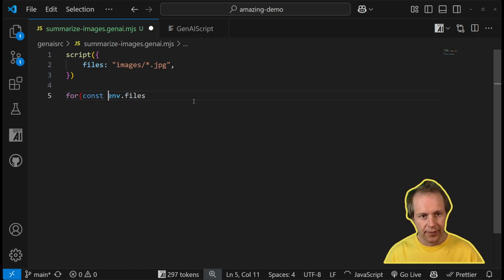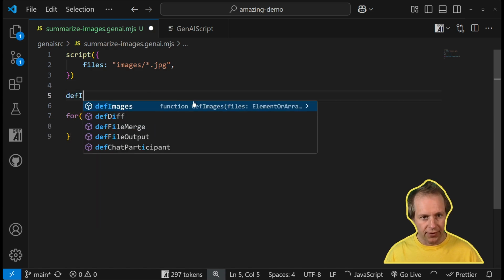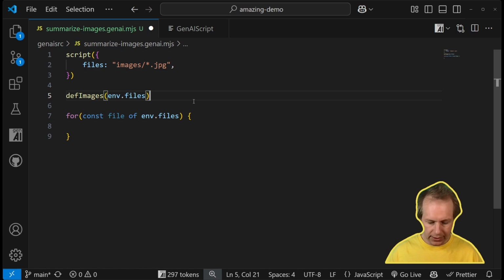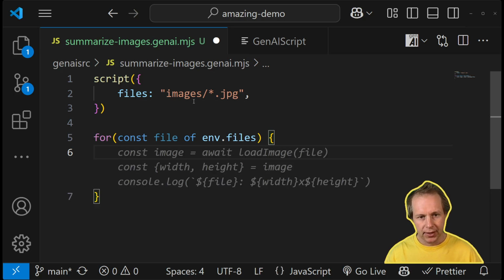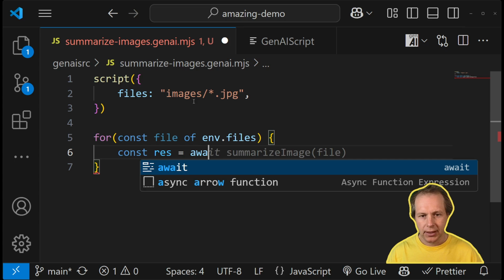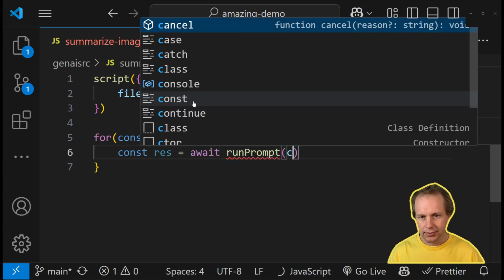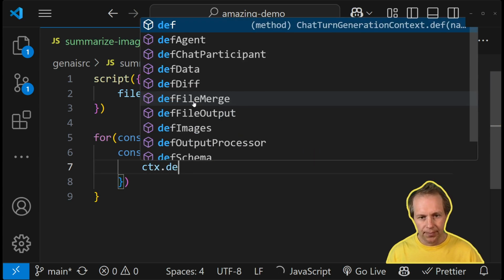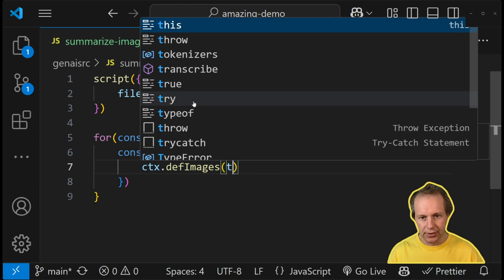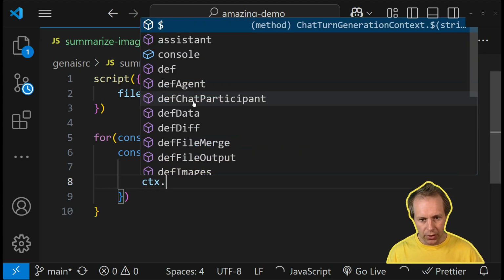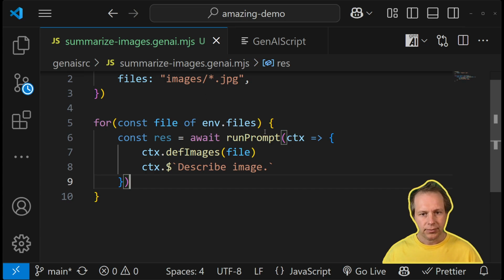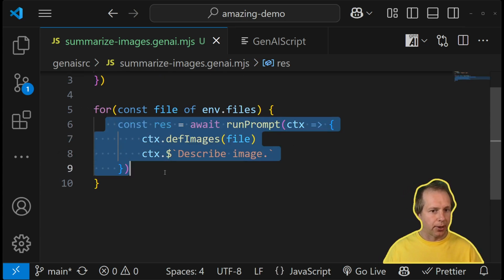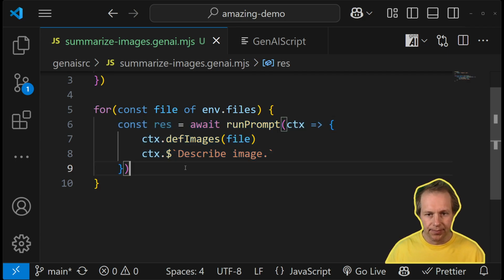And what we're going to do is go through every file in env.files. So normally you could do def images env.files and put them all in at once. But we're not going to do that. Instead, we're going to go through every file, then run a prompt. And for that prompt, we're going to put the current image. And then we're going to do, describe image. So we're going to run that sequentially. You could run that in parallel as well to speed things up, but we're keeping that